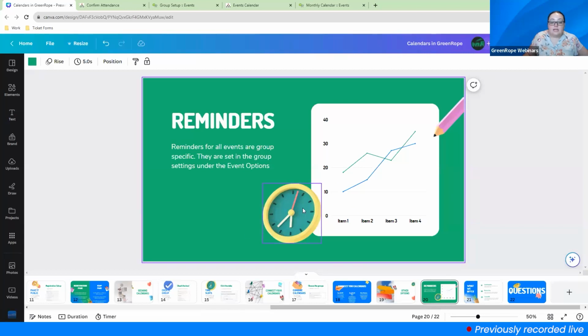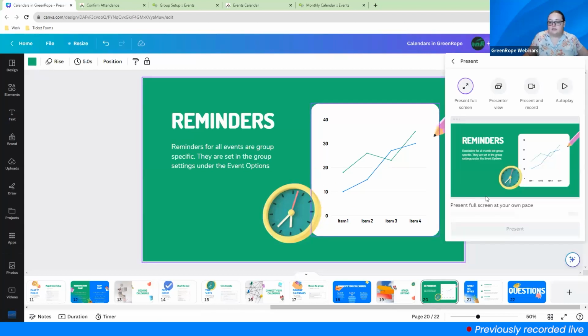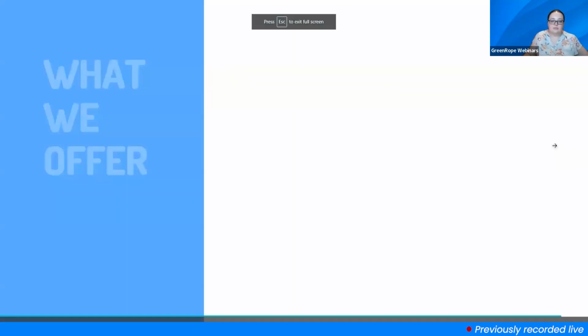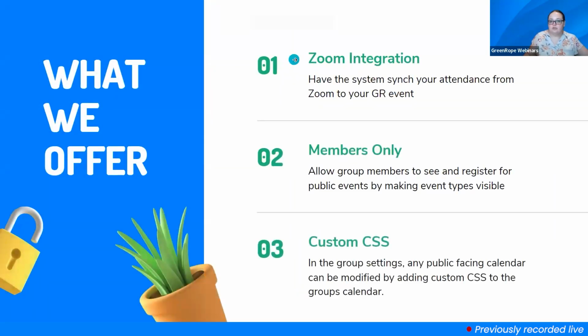And then I think lastly, there are just little extras that we have. Firstly is our Zoom integration. We do have a Zoom integration within the settings. If you go to settings, account, and integrations, you will find the Zoom integration. What it does is, as long as you have a GreenRope event that has the exact same date, time, meeting type, and event title as a meeting in Zoom, they will